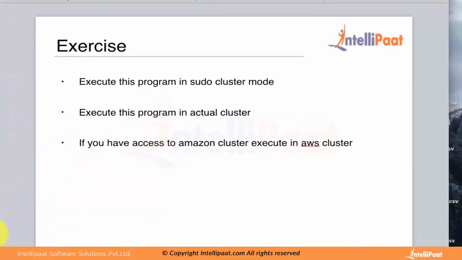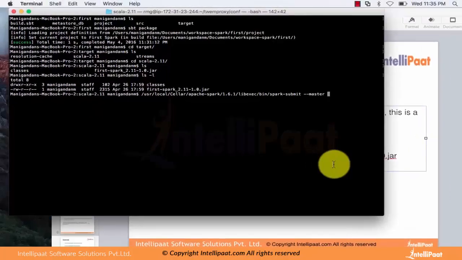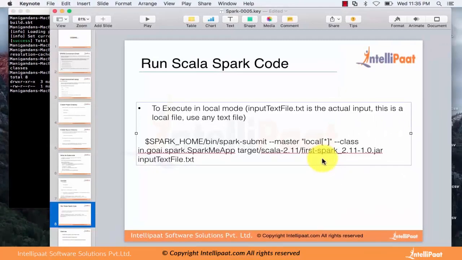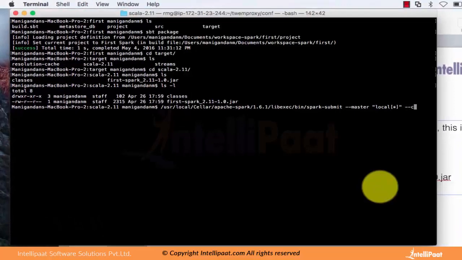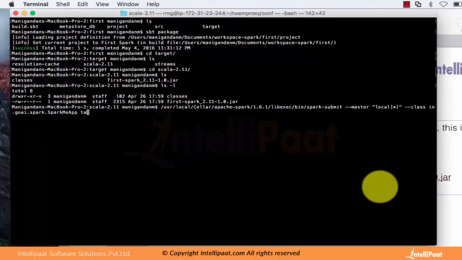What you have to give is exactly the same way, putting local[*], and then you're going to tell the class. This is the class, and I'm telling that this class is available under this folder target,